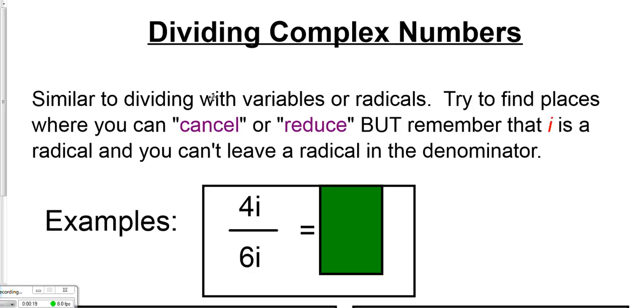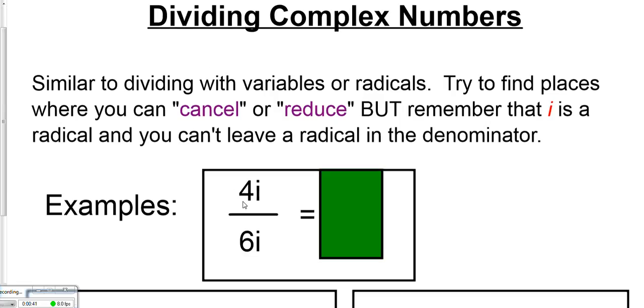Now, similar to dividing with variables or with radicals, you're basically trying to find places where you can cancel or reduce. At the same time, remember that i is a radical, and you can't leave a radical in the denominator. So basically, we're just trying to divide out different factors from the top and the bottom of our division problem,